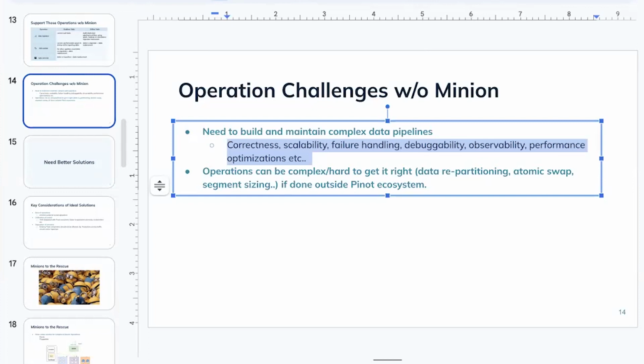I'm saying, with respect to customers who don't want to do all these, who don't want to own those pipelines, there are lots of customers who just want to have self-managed flows. For that, I think the existing Minion tasks are very useful. But even for the other things, if you have use cases where you want to merge segments, have you ever had to do those kinds of things?